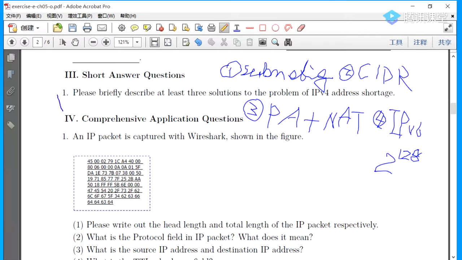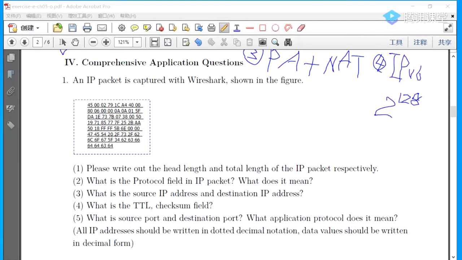This is the short answer questions. Probably we have other short answer questions. This is just an example. Okay, then we continue to illustrate how to